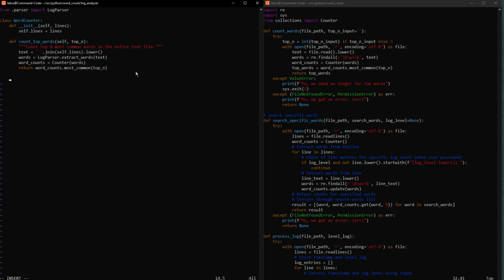So in here, you're going to define search specific work and self again, and unique search work and log level. By default you can set it equal to None, just like the function. And again, you need to give that description with three pairs of double quotes,